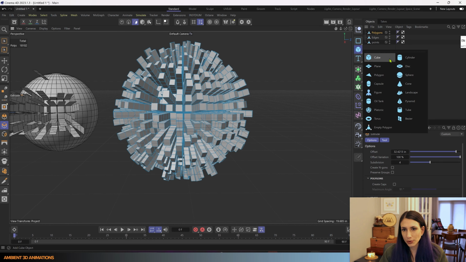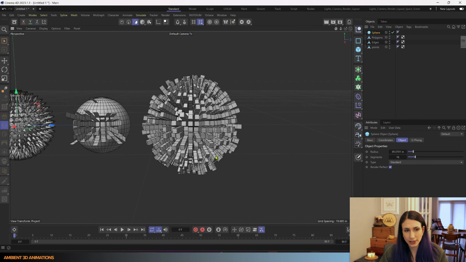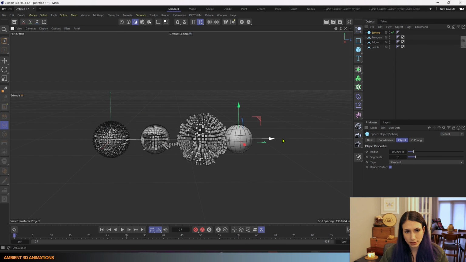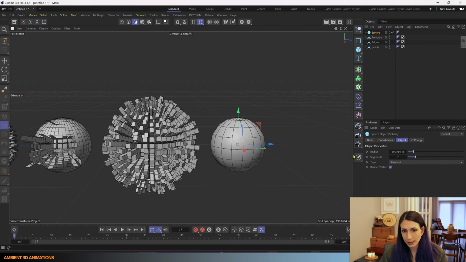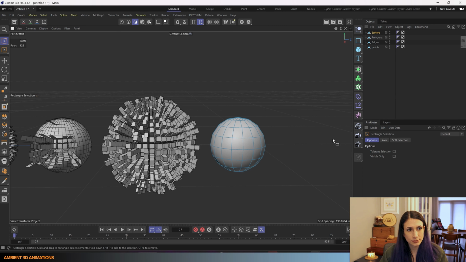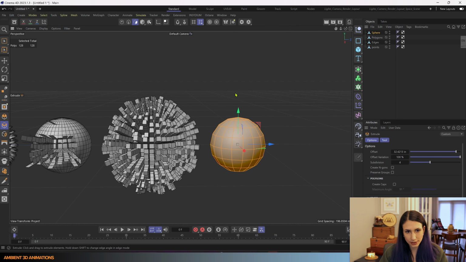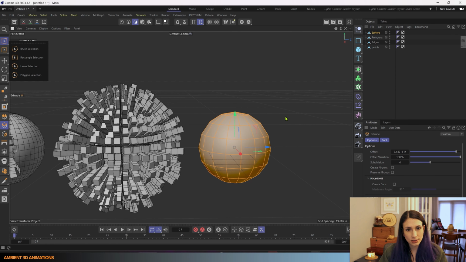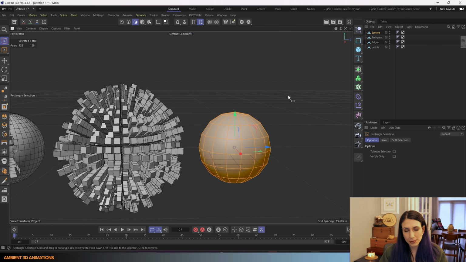So I think I will actually drop in one more sphere. Make it editable. Select all the polygons, hit M T to bring up our extrude tool once again. And this time I'm going to turn on, maybe I'll only select a few of these.